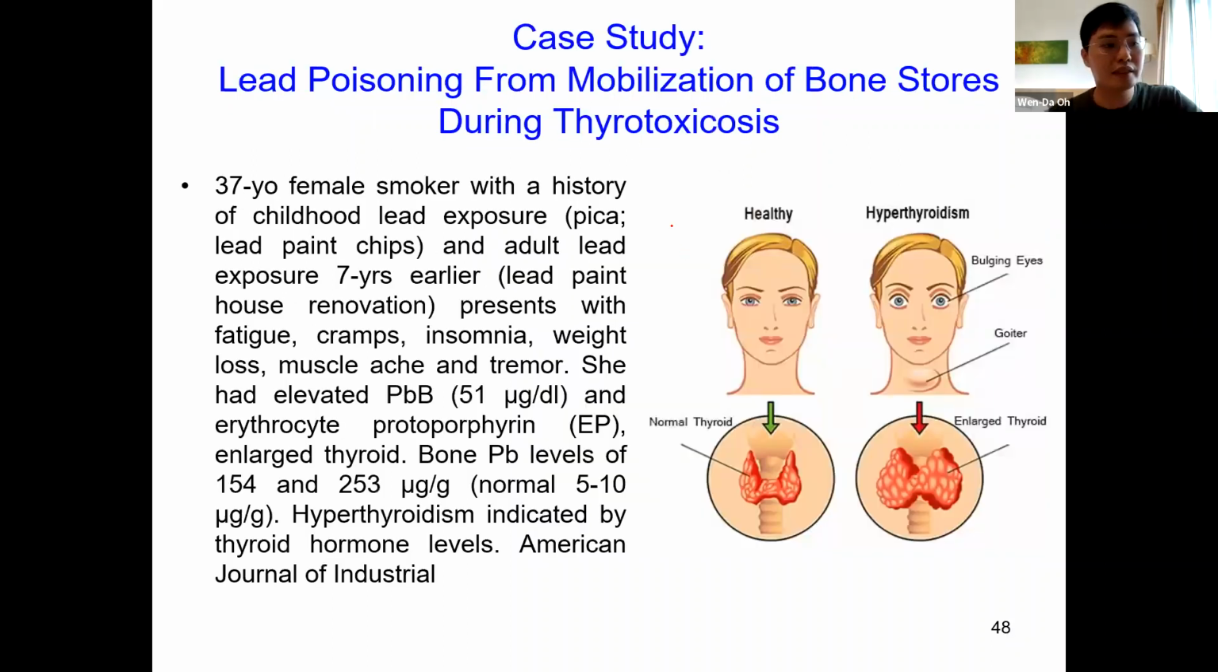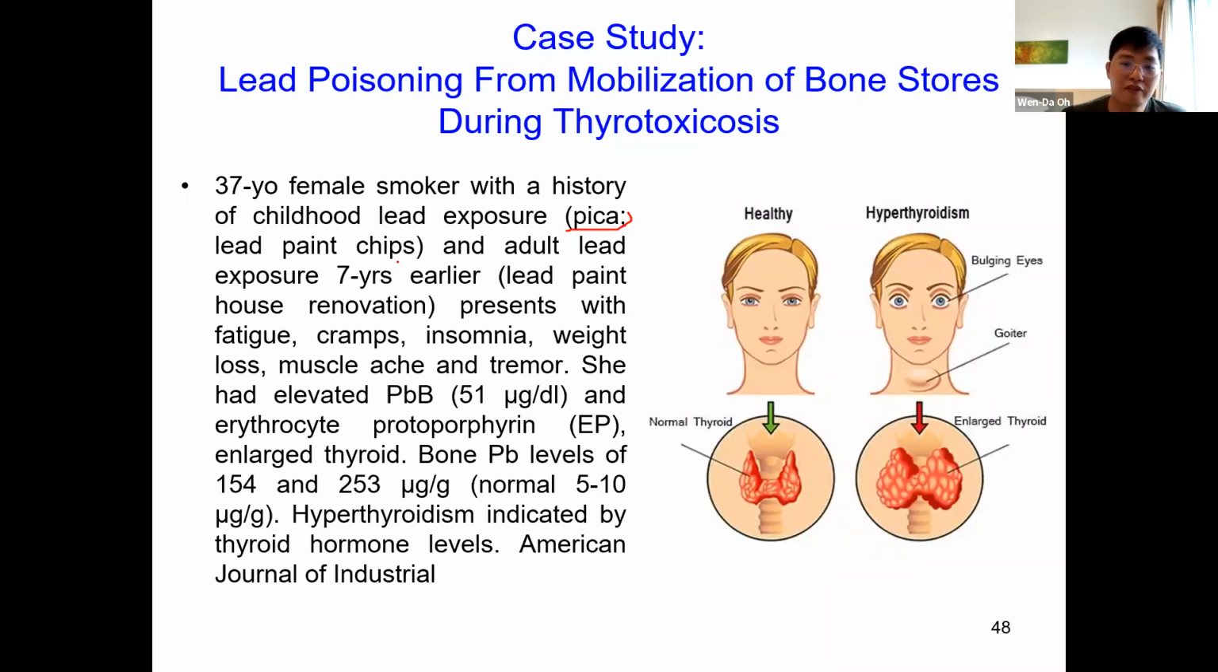Another example is something I'm quite familiar with, because I also have this kind of problem. This is a 37-year-old smoker with a history of exposure to lead, which means this female was exposed to lead during her childhood. Her childhood probably had a lot of problems, and then we have this pica issue. Pica means that during a young age, she liked to eat a lot of dirt. Sometimes children like to take dirt into their body. They just ingest and eat and eat, right? And then we also have lead paint chips. So all this lead goes into this person's body, and then it is stored in the bone. After many years,